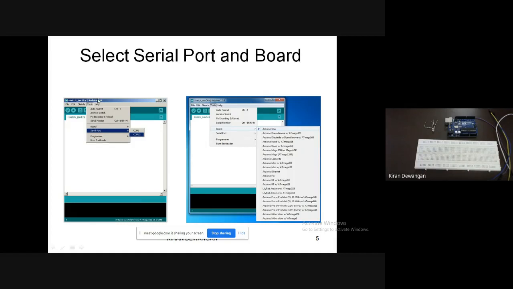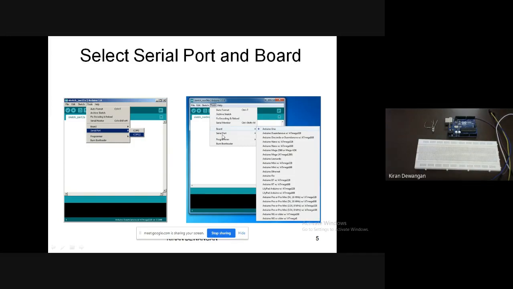Now we need to go to Tools first. We need to go to Serial Port. Serial port is the port where we have connected. Now in our laptop or PC we have 2-3 ports, right? So which particular serial port we are connecting is important, and we need to connect it to that particular port. Here it is given COM1, COM2. If you have connected to COM1 or COM2, whichever port, then you need to just select that particular port.